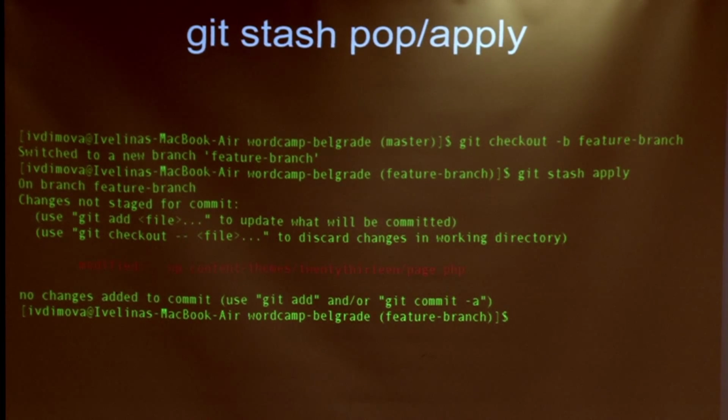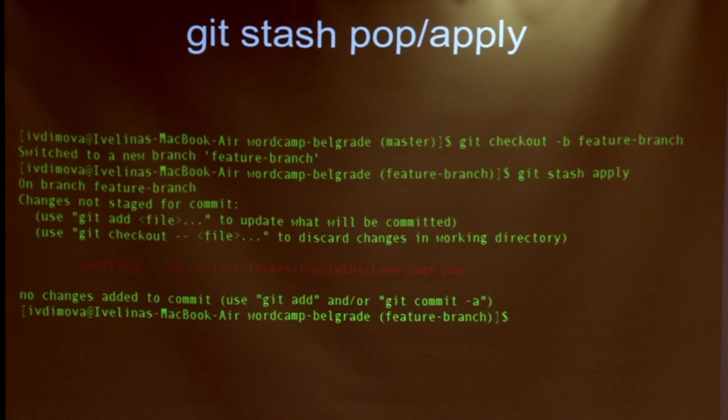As you can see, the changed file is getting back. There are two ways that you can do that, git stash pop and git stash apply. The difference is that with git stash pop, these changes are also deleted from the stash stack, and with git stash apply, they stay there, and if you need to delete them, you also need to do git stash drop. I also use that on some servers where I need to git pull something and someone changed files that, for example, I don't know why they were changed. So you can stash them, pull your code, and then bring them back. It's very useful.